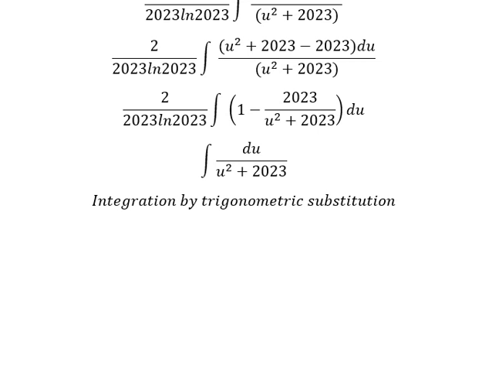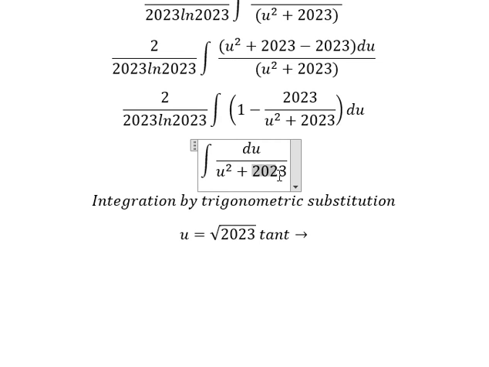So I will put u equals to the square root of 2023 tan t, because if I put this one here, we have 2023 tan t squared,